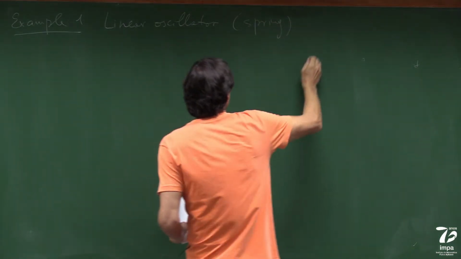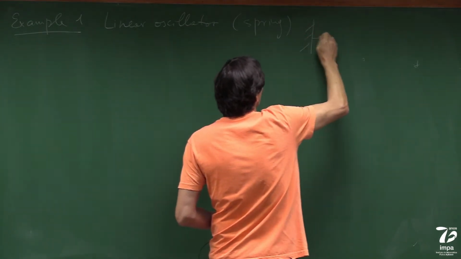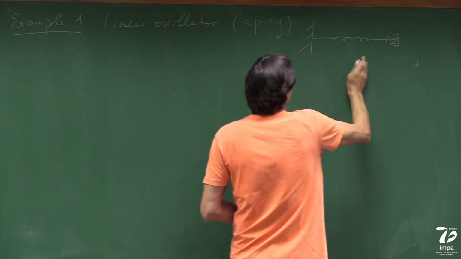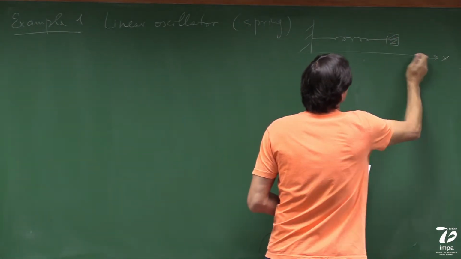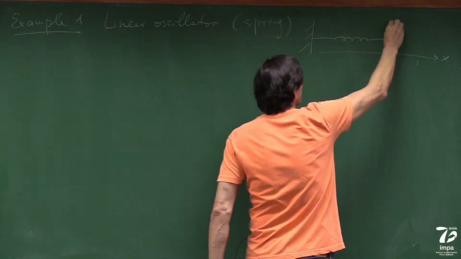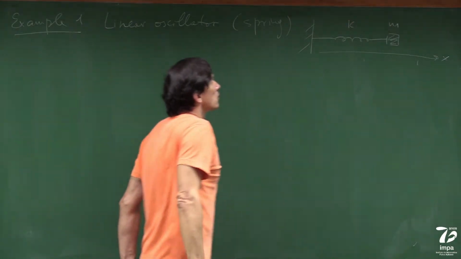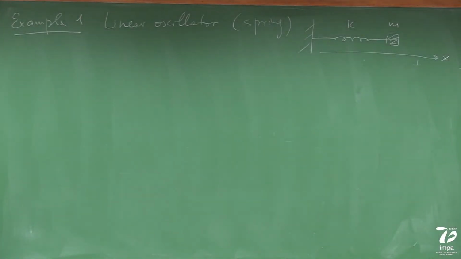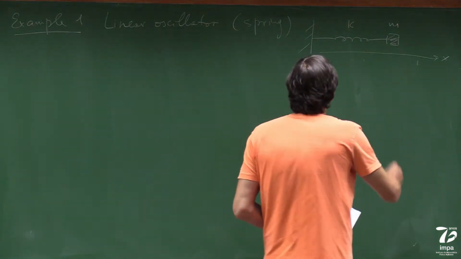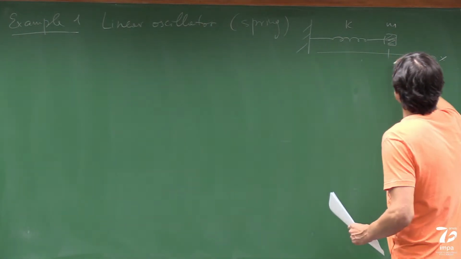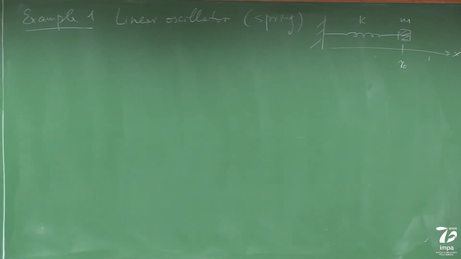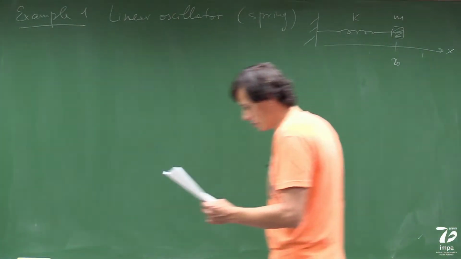So what it is, you consider some wall, and then there is a spring attached to a mass, which moves freely in direction x. So there is mass m, there is a stiffness coefficient k, and we assume that the x0 is a position at rest where the spring is not forced,